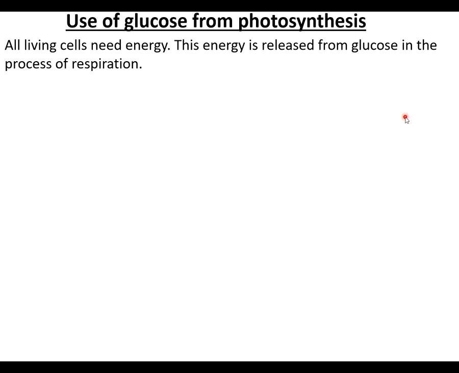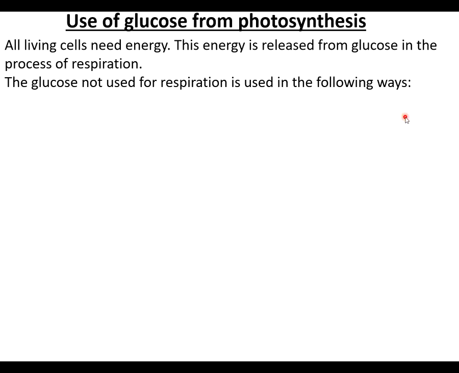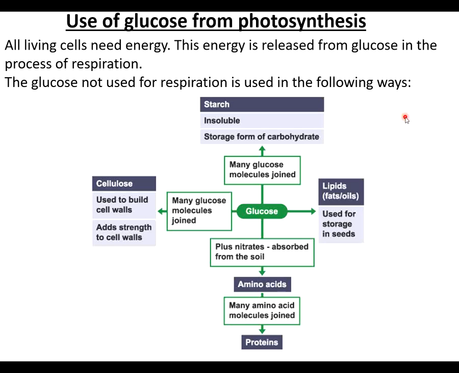So basically, it takes the glucose and it can do many things with it. It can be used for respiration. Remember, respiration releases energy. Now, plants photosynthesize in the light, but they respire all of the time, like all living things. But the rate of photosynthesis in the light is greater than the rate of respiration because the plant needs excess glucose. So it needs glucose that it's not using for respiration so that it can put it together into starch molecules and store it, so that it can add things together and make fats and oils and store them